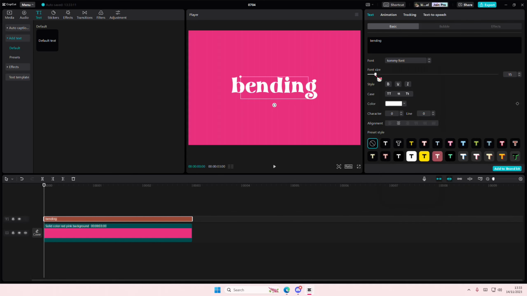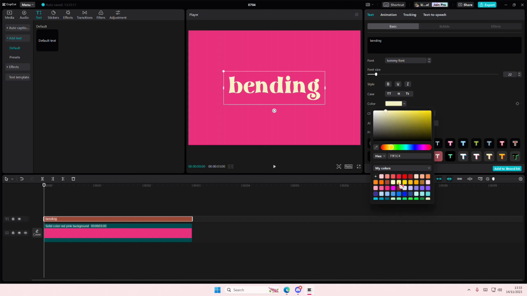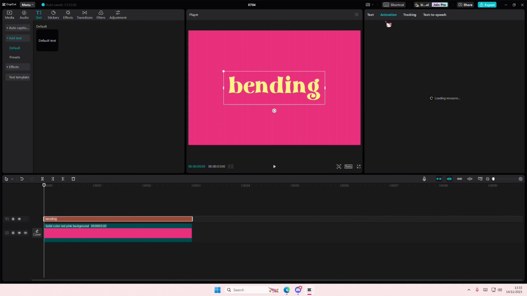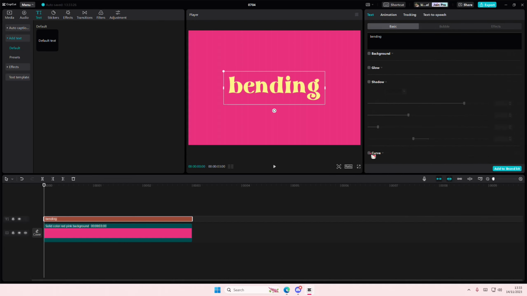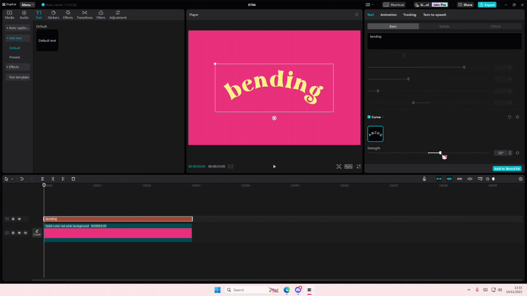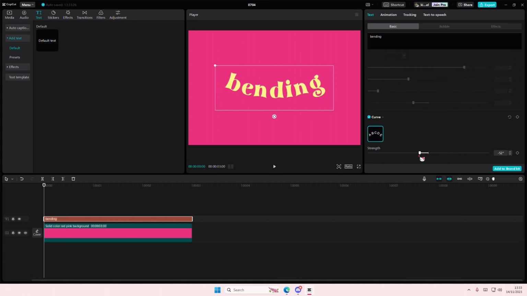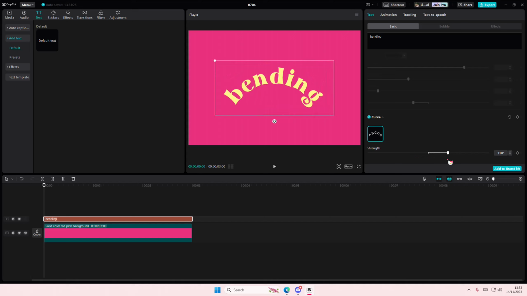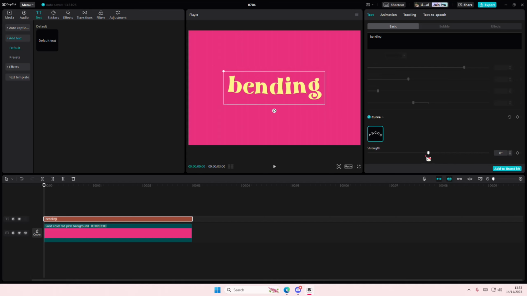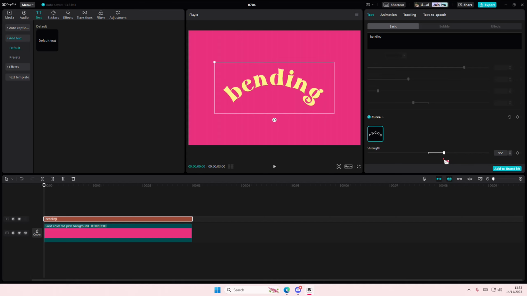So I'm going to change the font to just make it a little bit more fun. I'm going to change the color to this cute yellow. Scroll down until you find curve, select it, and if you want to go from like this first to this, it's totally up to you. I'm just going to go from like this